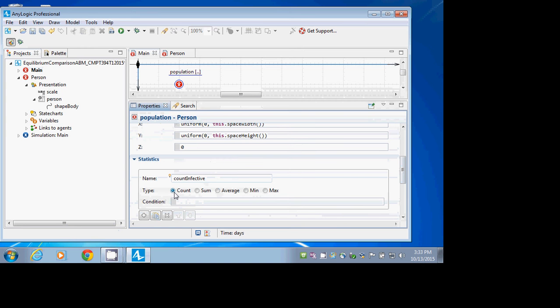So this is a statistic of type count, and the condition here is going to be, we're going to be going through each person in the population asking, are you infective, are you infective, are you infective? The way we refer to each person is indicated by this little light bulb. It says use item, colon, the embedded object. So we refer to each person in turn as item, and we ask item dot is